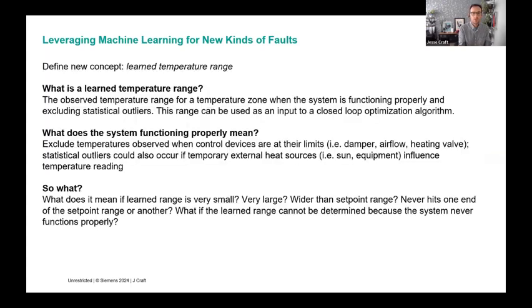So let's define a new concept that we have in machine learning optimization of VAV systems called a learned temperature range. A learned temperature range is a statistical analysis that a machine learning algorithm can perform to learn the typical performance of an individual zone. This value can be used as an input to a closed loop optimization algorithm, or it can be used as part of a diagnostic strategy. This is calculated by observing the temperature range over a period of time,